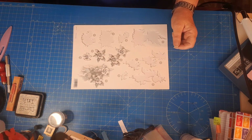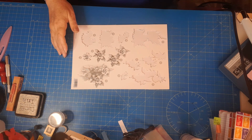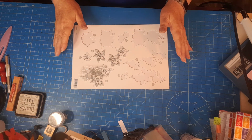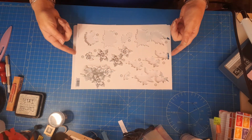My name's Teresa and I'm the Carbootcrafter, and I'm coming on today to make a clean and simple card. I've got my fingers crossed. I've got the idea in my head. In fact, I've had the idea in my head since last year when I won this as part of a giveaway from